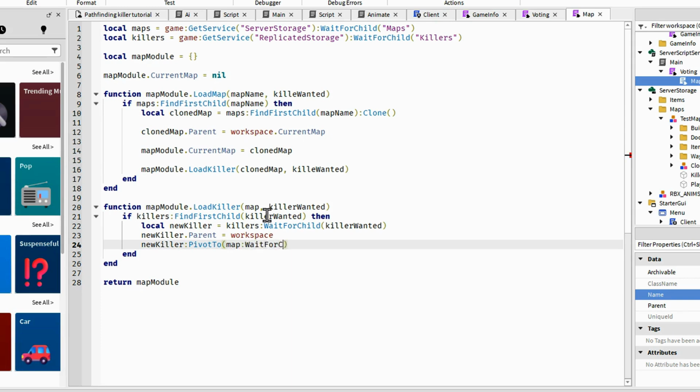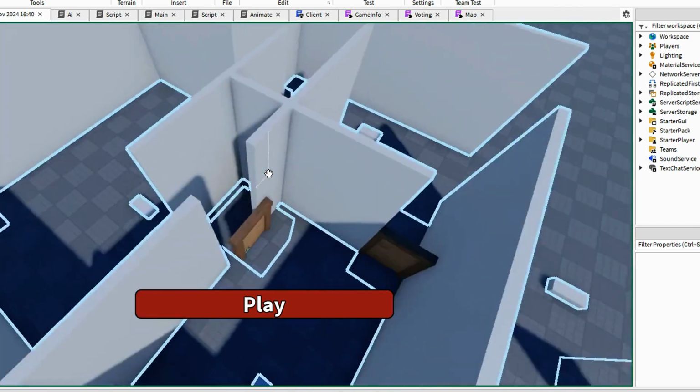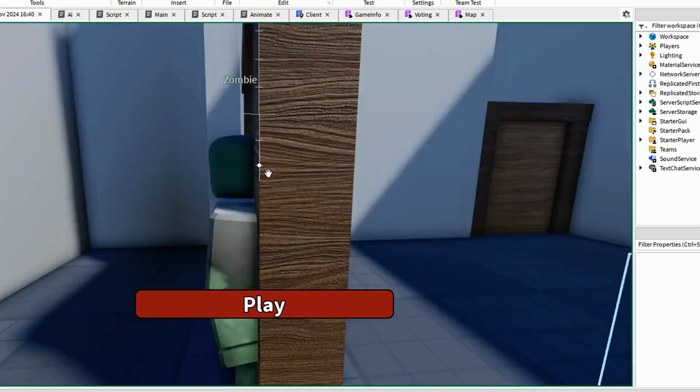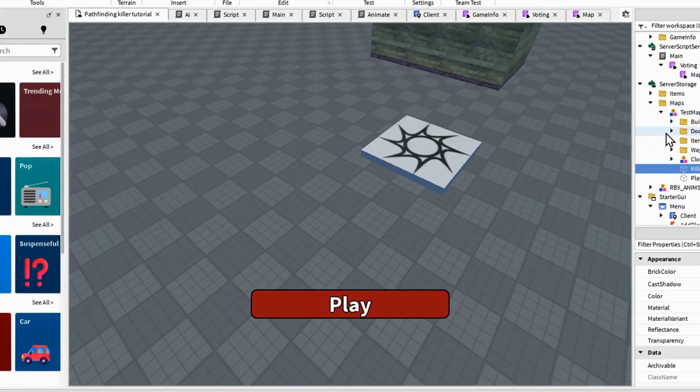Wait for child, killer spawn, dot c frame. So as you see, everything spawned. The killer is having some trouble there. I think this is because